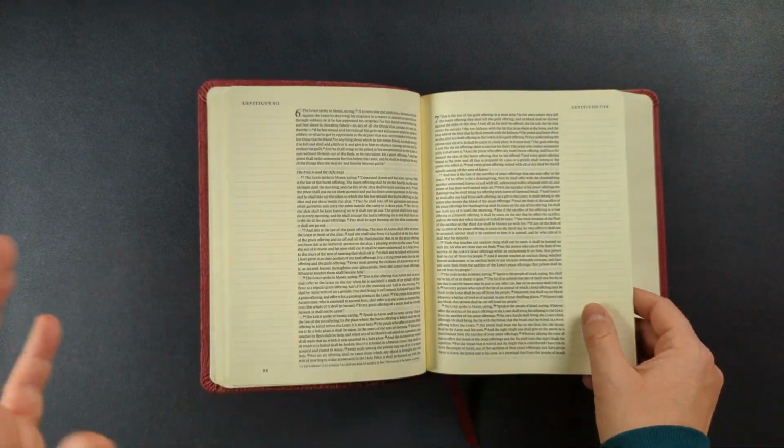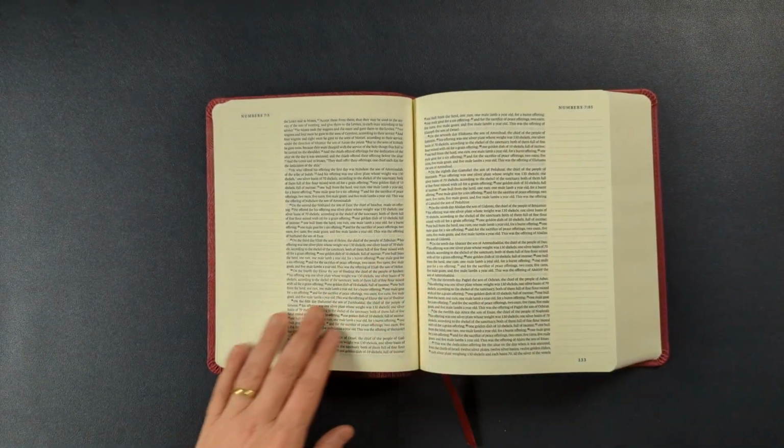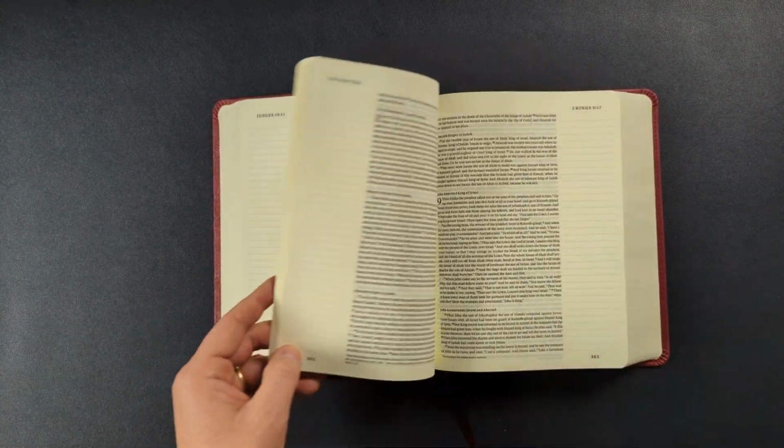I'm sure for all of you journalers, you already know all that. I'm not really much of a Bible journaler myself. I don't know if that's an actual word, but...